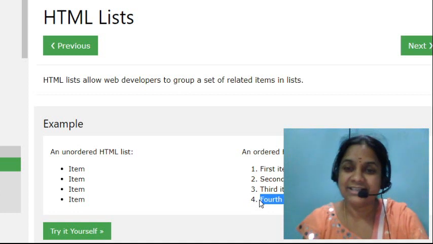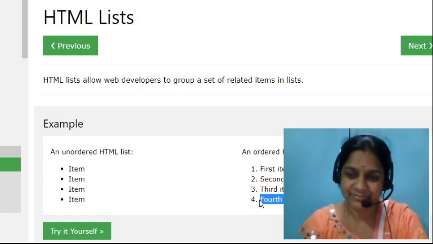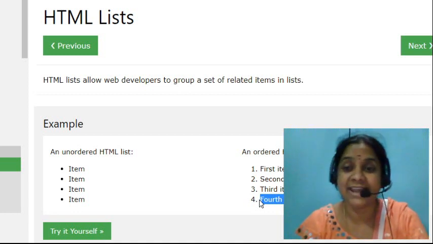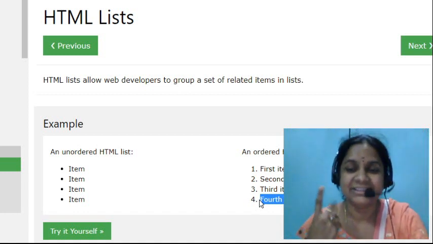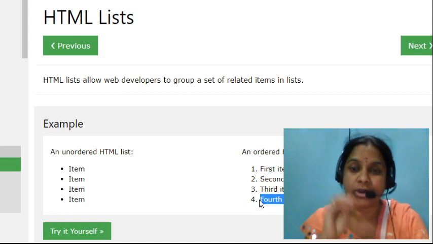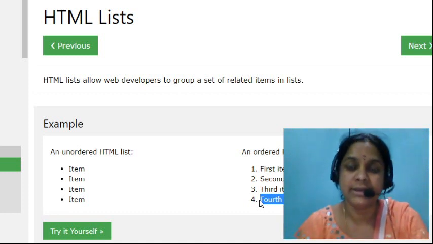See here, stars are there. Will they have any order there? It does not have any order. But the sun and the moon, we have an order. That is the meaning of ordered list and unordered list.